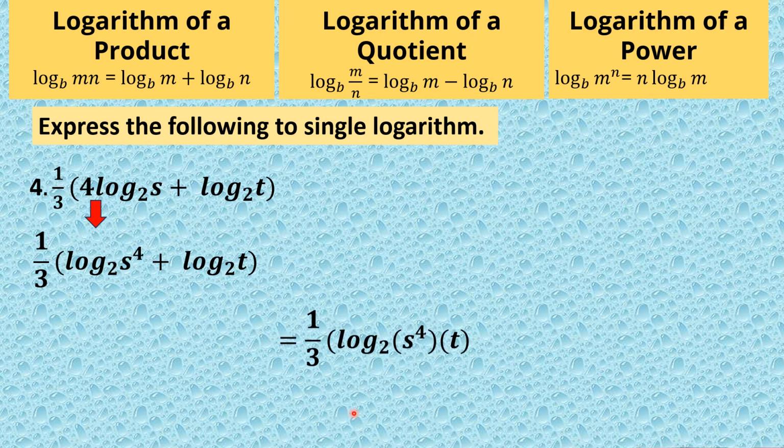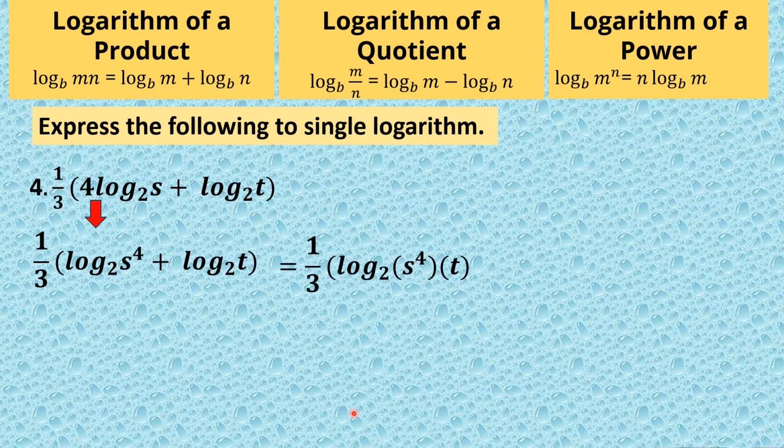And then the next thing is we are going to find out what law of logarithm is being applied. And since this is a plus, meaning we will be multiplying the s to the power of 4 and the t. So it is now rewritten in this way. And then what shall we do next is we are going to take note that the 1/3 is a number written before the word log. So this is the overall exponent of the expression s to the 4t.